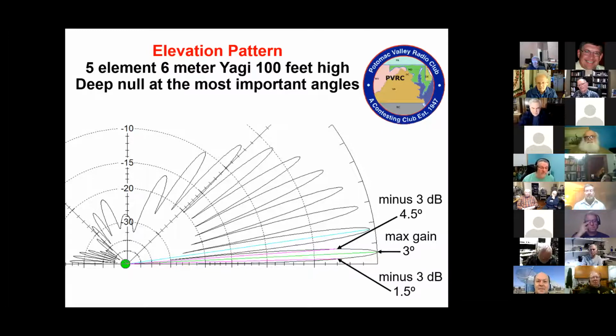It works, but if you compare it to something at a more suitable height, less than 70 feet, then it becomes very apparent to you that the 100-foot high antenna is a really bad choice. And by the way, these charts are for flat Earth. But if you're lucky enough to be in a location that has sloping foreground, the bad news is that your antenna needs to be lower, because whatever that slope is